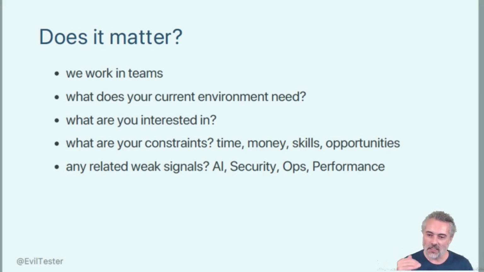If everyone on the team is a specialist, when the person that specializes in releasing to the environment is on holiday, you can't release anything. That means we need a broad range of skills in there. So in one sense, we don't really have to worry about it. What we have to do is figure out how we can maximize our range of skills within the environment that we're in. So then it becomes things like, well, what does our current environment need?